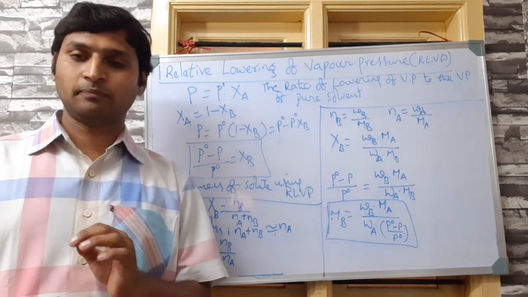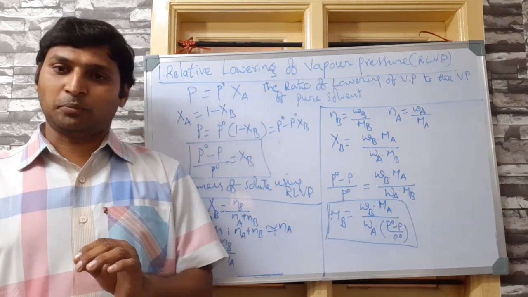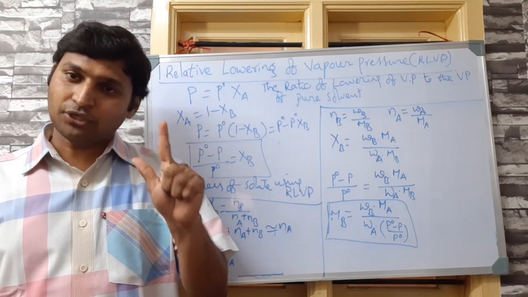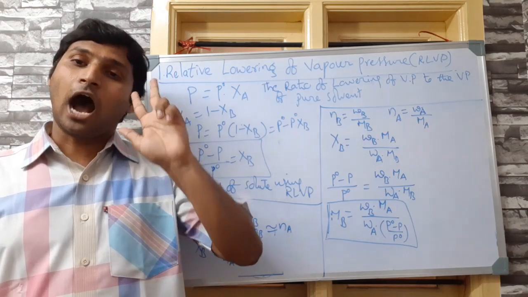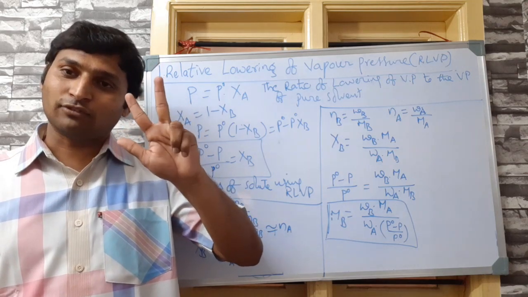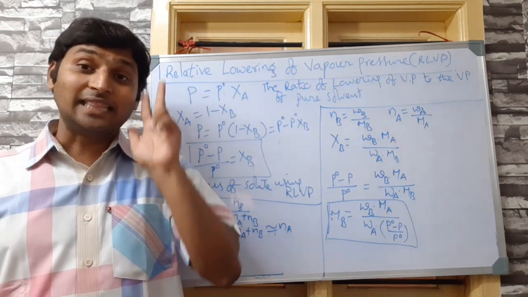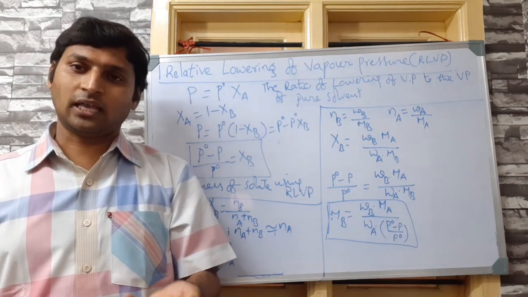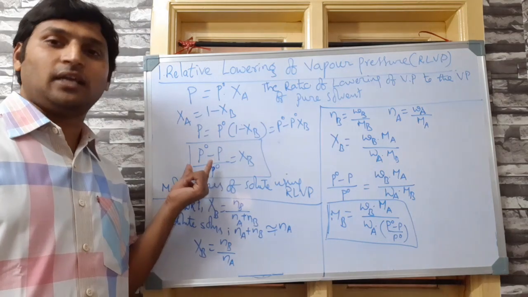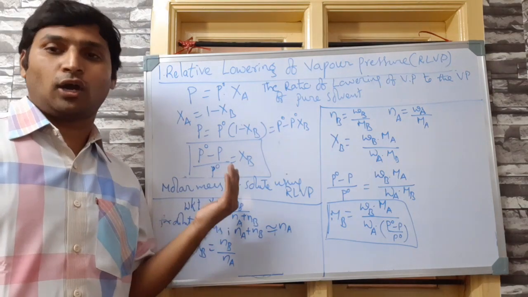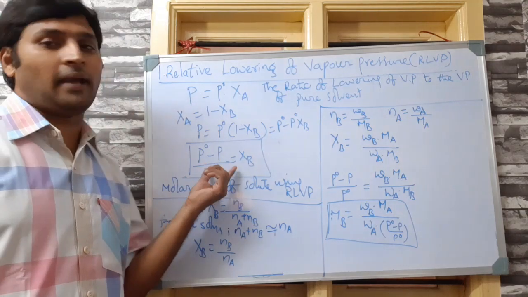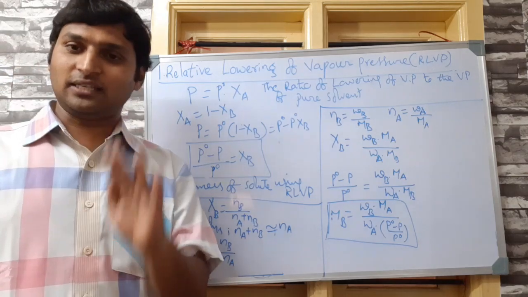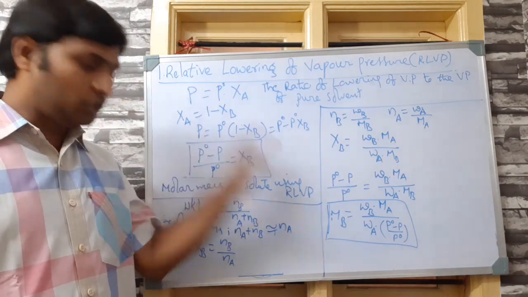So now I repeat, whenever we are studying a colligative property, its definition has to be understood, then its mathematical expression has to be understood, and from that mathematical expression, how you derive the relation between molar mass of solute and that colligative property has to be understood. These three are the most important aspects, and a fourth is equally important: the justification for why it is a colligative property, and that justification comes from the mathematical relation only. Clear? Of course, RLVP is not yet over, but the crucial elements of it are over.